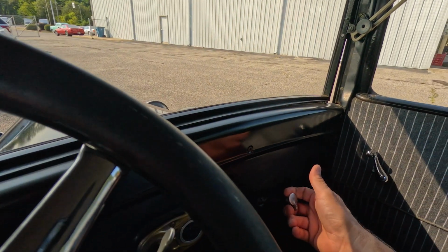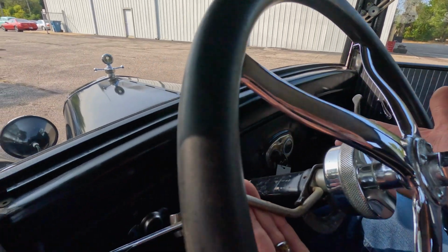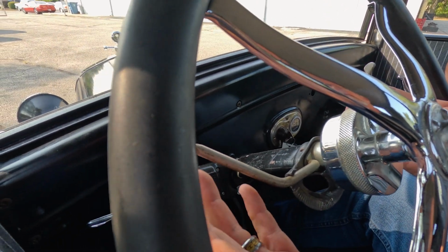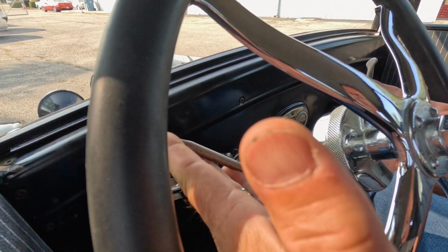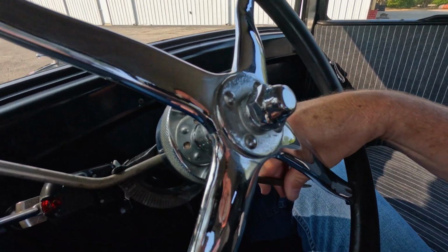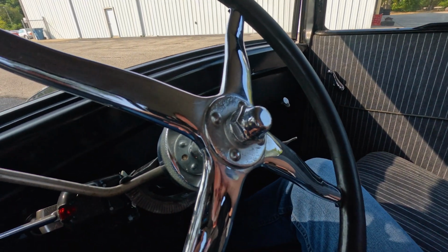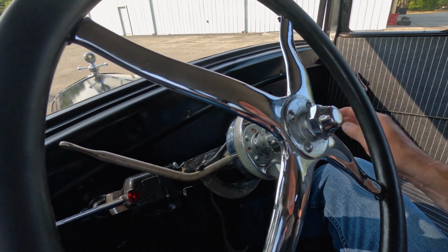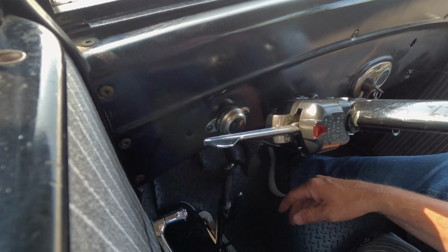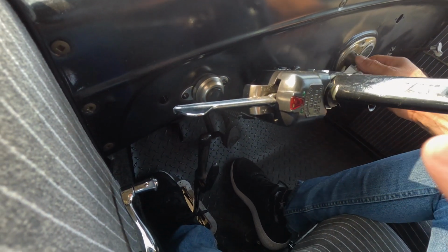You also have a pull choke, and then you have your timing and your throttle on your steering wheel. When you're starting the vehicle, you want the timing fully retarded, so it's all the way to the top. And then when I start it, I'm going to bring the throttle down and then back up a little bit just to prime it with some fuel, kind of like pushing the gas pedal one time. And then I turn it to battery, make sure that my parking brake is straight up and down, and I've got the starter at my heel here at the floor. And then as soon as it starts,